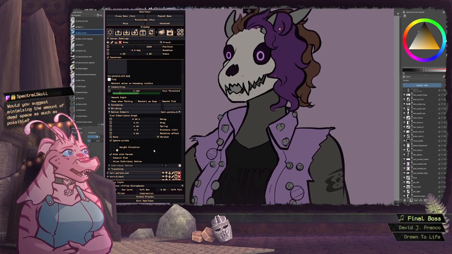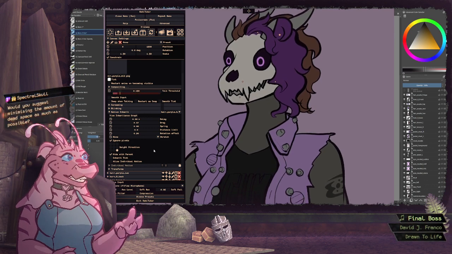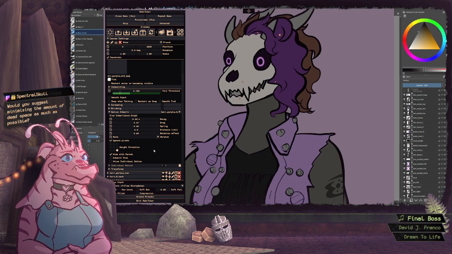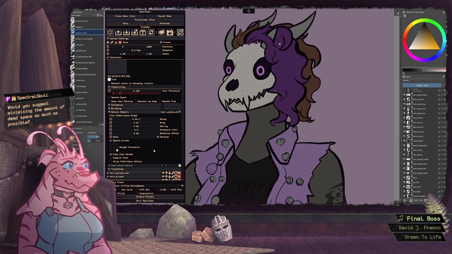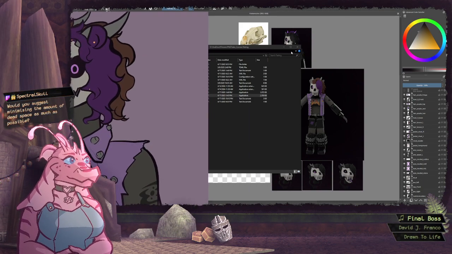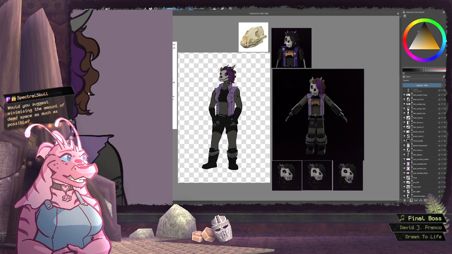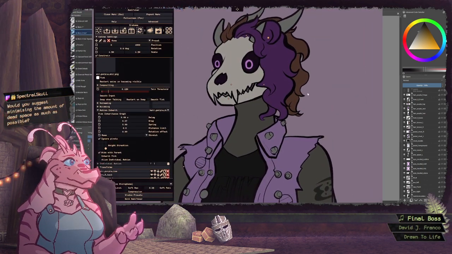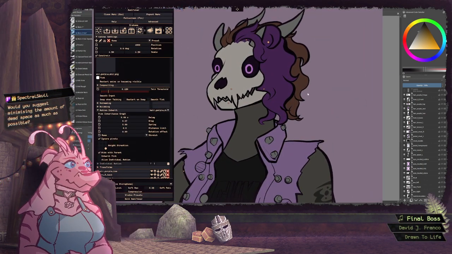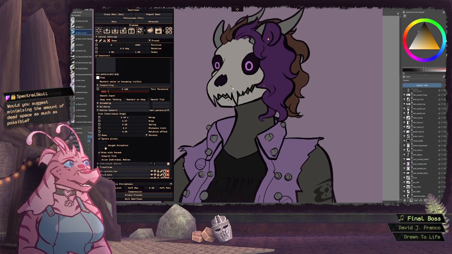Would I suggest minimizing the amount of dead space as much as possible? Yes, I would. I've done this in the lazy way by exporting all of these layers at the full size of the document, which is not the smartest idea because it means you're wasting a lot of GPU memory on all that transparent texture space.